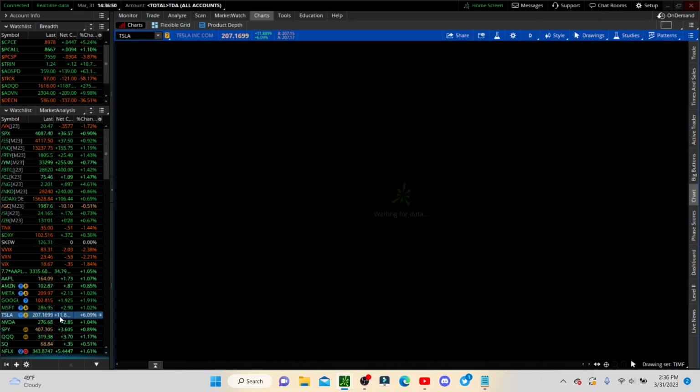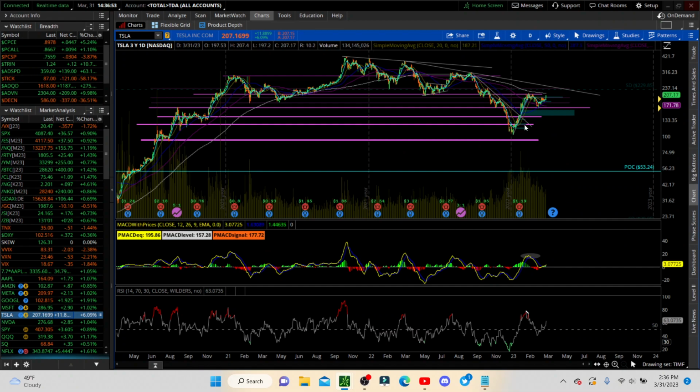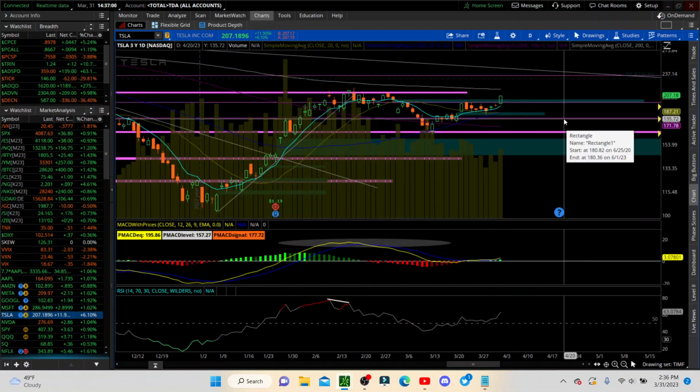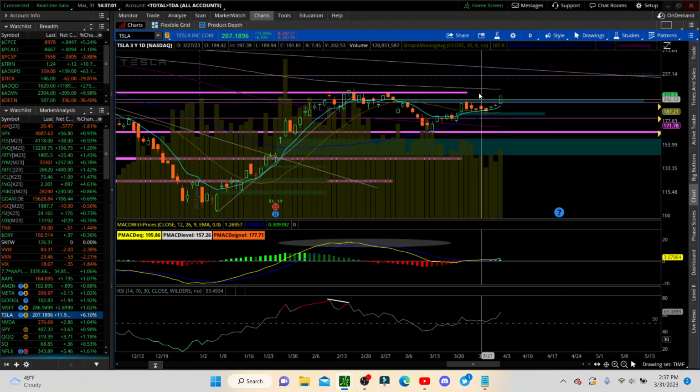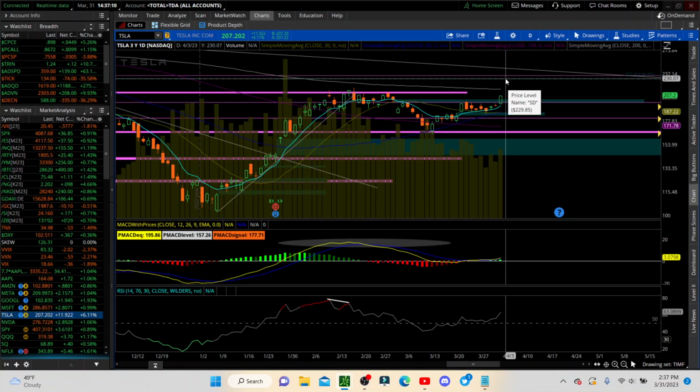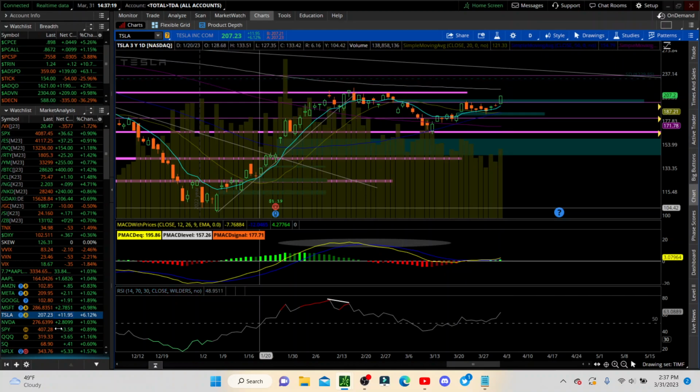Tesla continues to push. I did say that this has an inverse head and shoulders breakout that it did, so this might contribute to trying to keep the market alive. But Tesla is an excellent leader to go up here to the upside. Even if the market does decide to be a little bit more bullish than what I think is going to happen, and I've definitely been wrong, this 230 point is what we're aiming for. Standard deviation move.